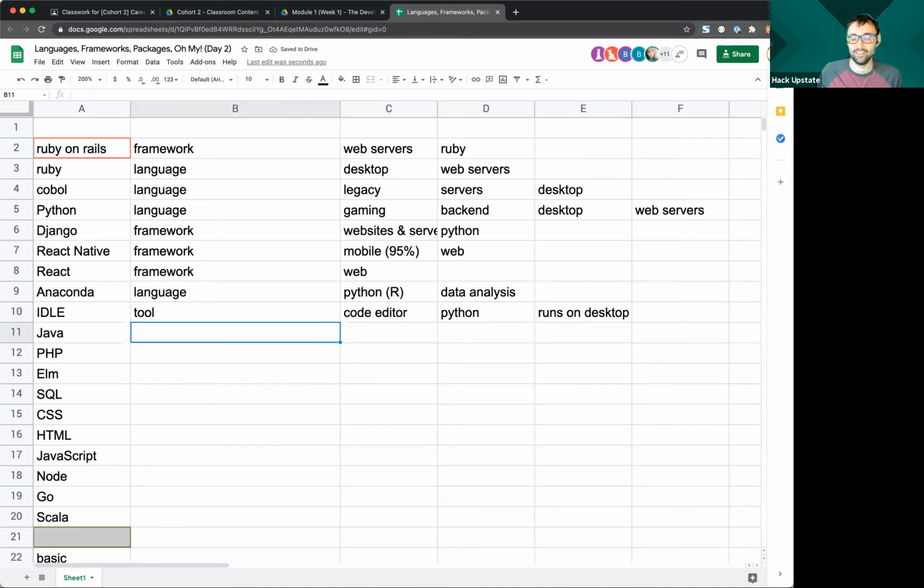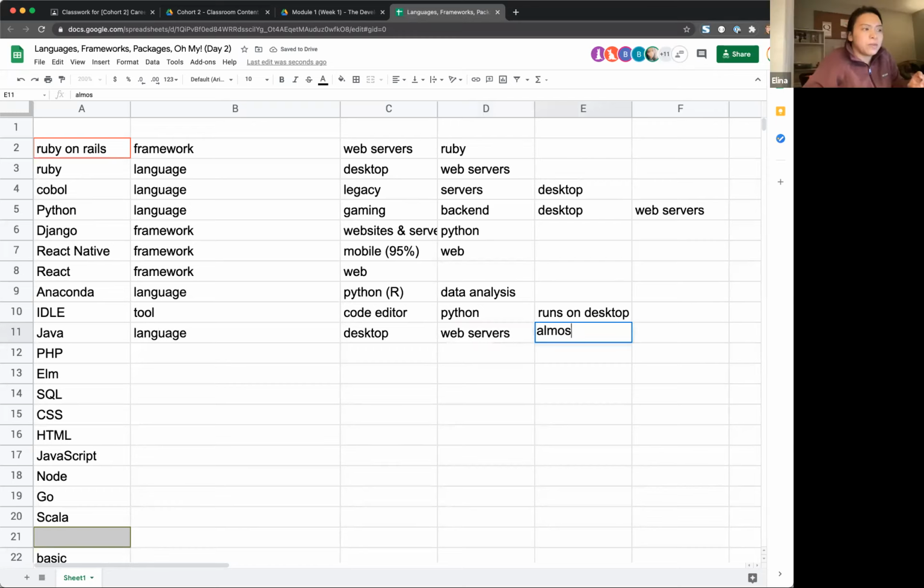Java. What is Java? It's a language. Where is it primarily used? Desktop and web servers. And this is programming.